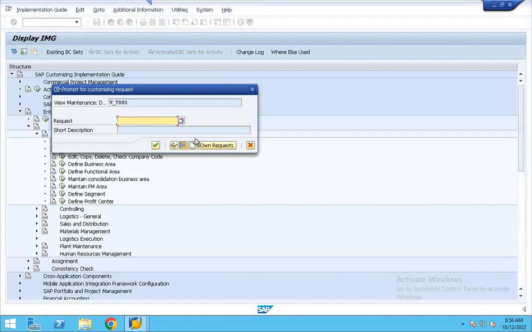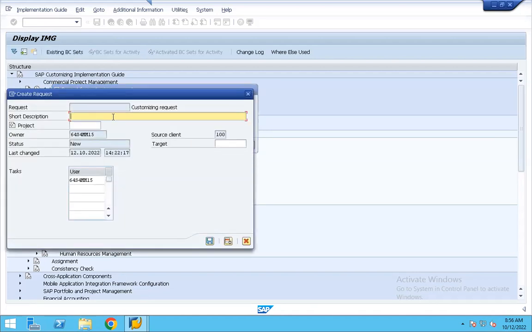I'm going to hit on this new page icon, bent at the right-hand corner, to create a request, and we'll give some name as project Reliance.